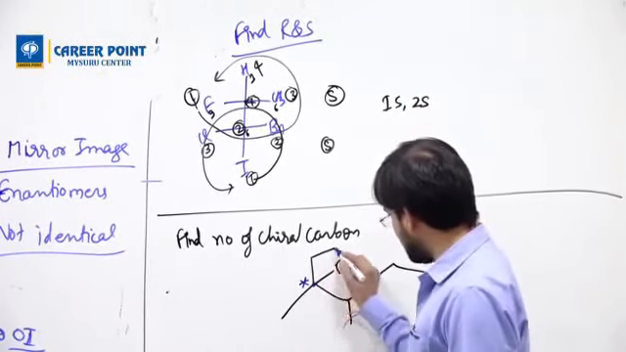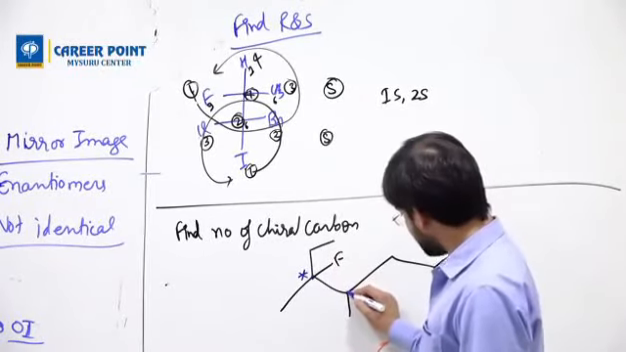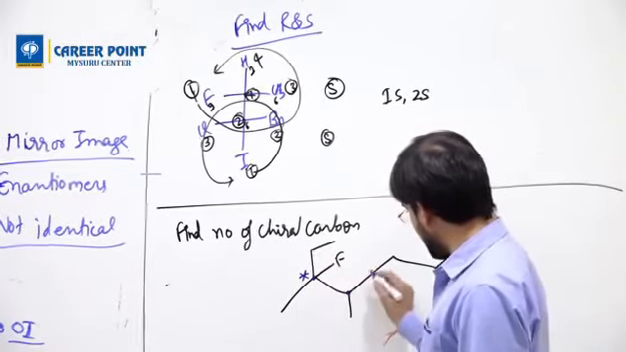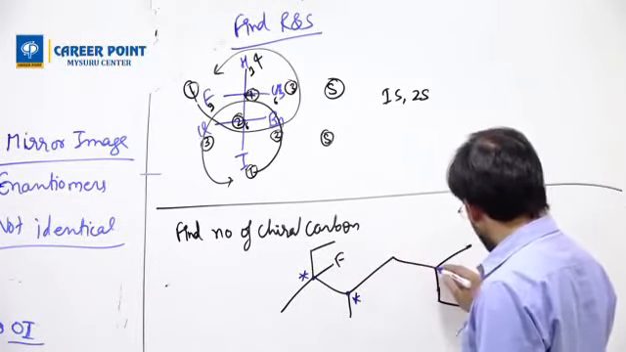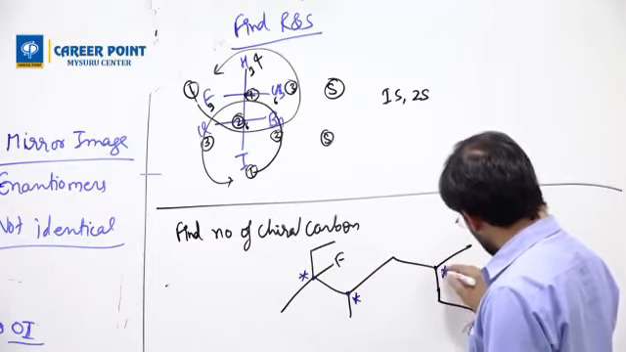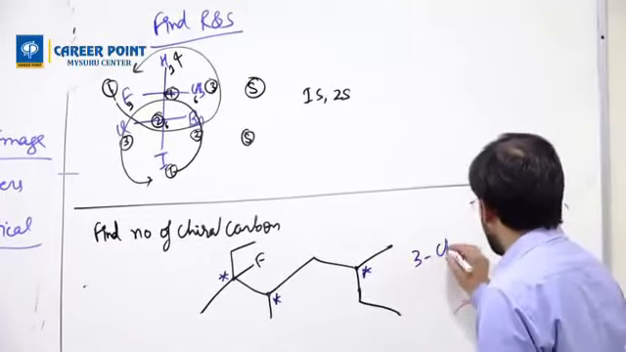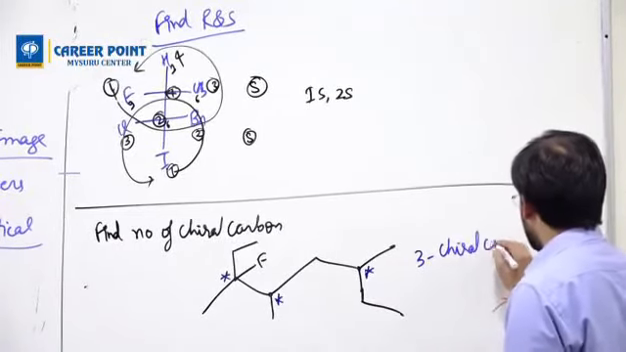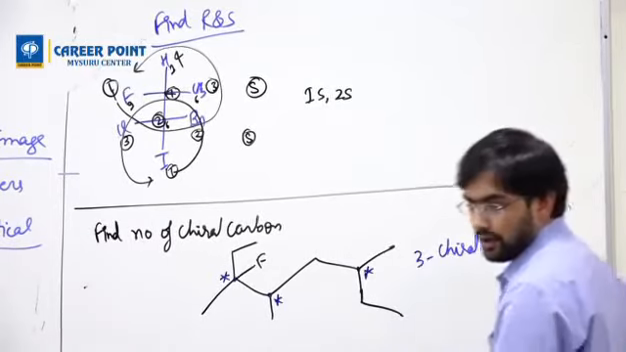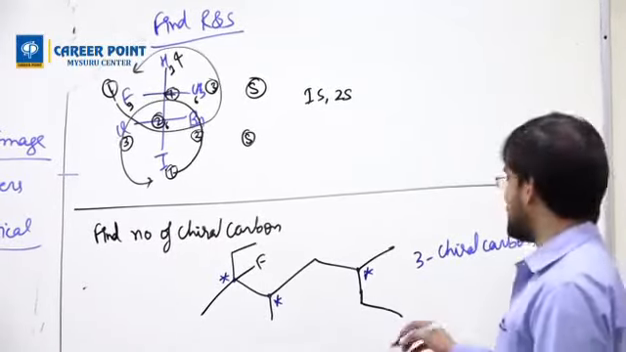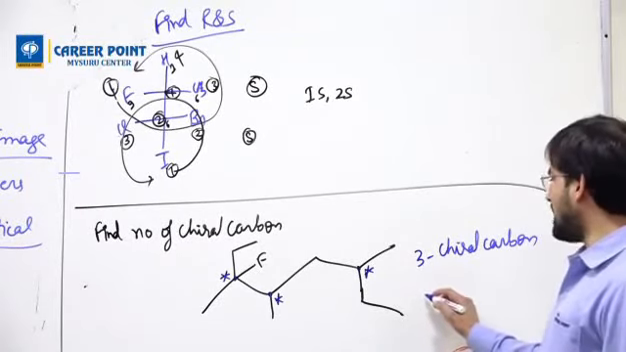This is not chiral, this is not chiral. What about this carbon? This one is different, so this is a chiral carbon. Then I go to here. This carbon is a chiral carbon. So how many do I get? I get 3 chiral carbons. Okay. Once you have 3 chiral carbons, they can also ask you